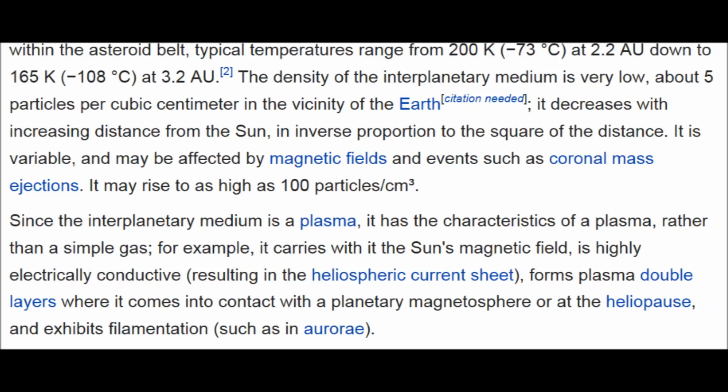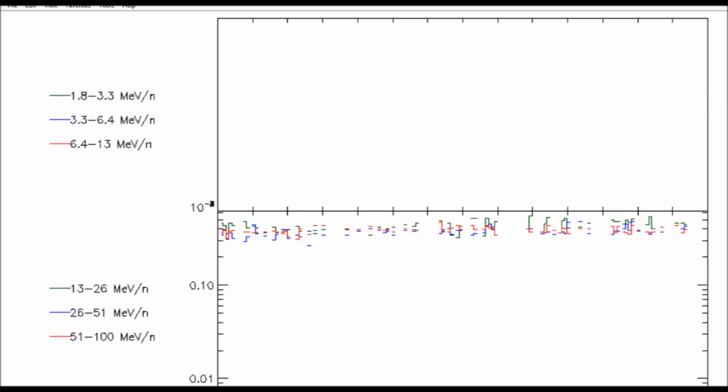So this actually was derived with the understanding that most of these cosmic rays they're measuring are supposed to be coming from the sun, because nobody's talking about the second sun, but they're talking about the interplanetary medium. It's supposed to be very low, they say. Well, 5 particles per cubic centimeter